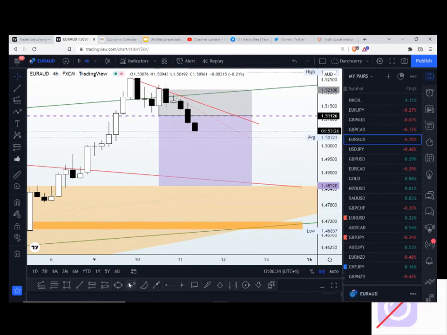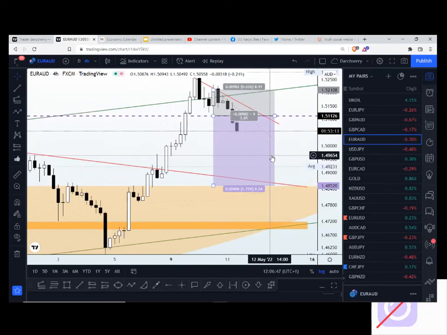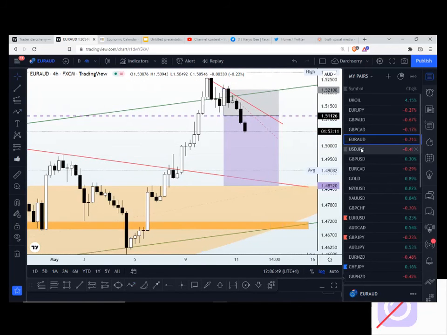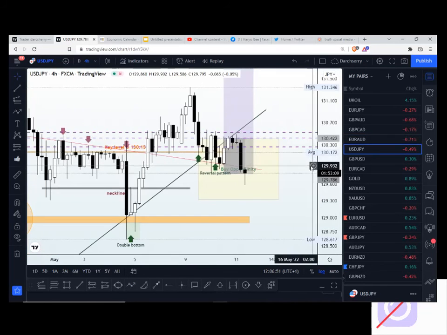Even if price gets to this level and to this level here, even if price comes above the level, you still have the opportunity of taking that trend continuation to the downside. That's that on EURAUD. Then on USDJPY, I made mention of the fact that I hit stop loss on USDJPY